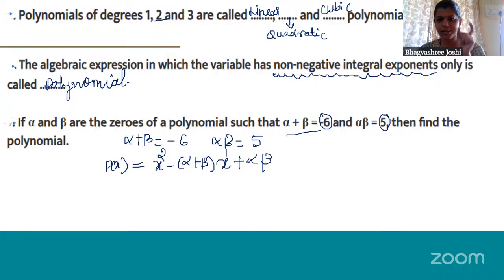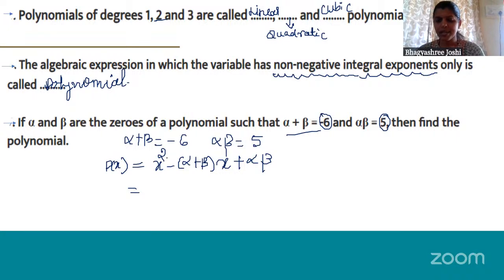This relation comes when we do the derivation. So this relation is very, very important. By using this relation we can write the quadratic polynomial. When the sum of the zeros and the product of the zeros are given, by using that sum and product we are going to find out the